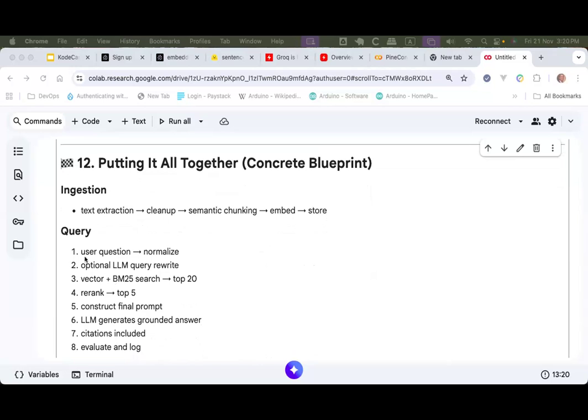Then when you are querying, the user brings a question, you normalize the question. Then you can optionally use a large language model to rewrite that query in such a way that maybe it will be more effective in retrieving the necessary context. Then you can use a vector plus keyword search, right, to get the top 20 matches, right? Then you can re-rank those top 20 to top 5, and then you can inject those top 5 into your